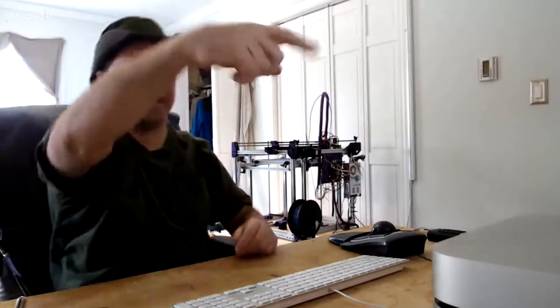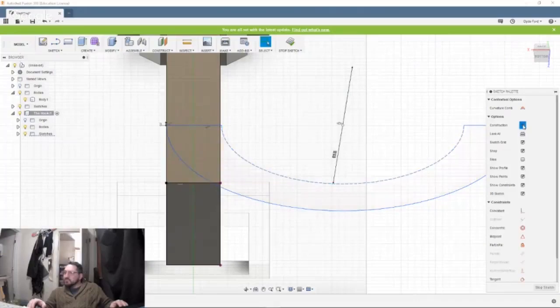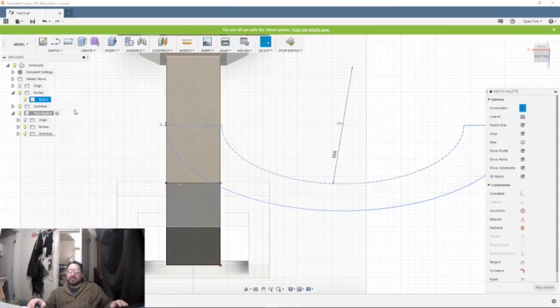Actually, before you do that, make that half round a construction line, so you're just using it as a reference. And then offset it, and that way it doesn't screw with you. Then just drag that thing back and forth until it lines up with your corner. See the little blue dragger there?